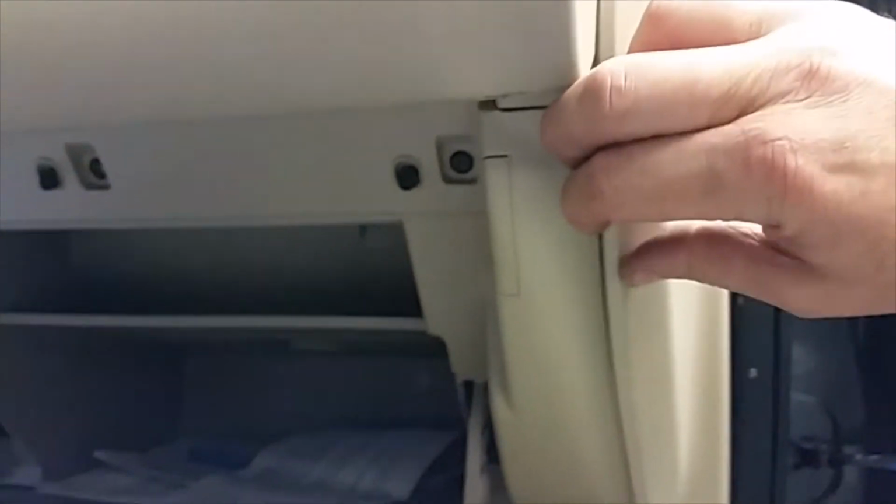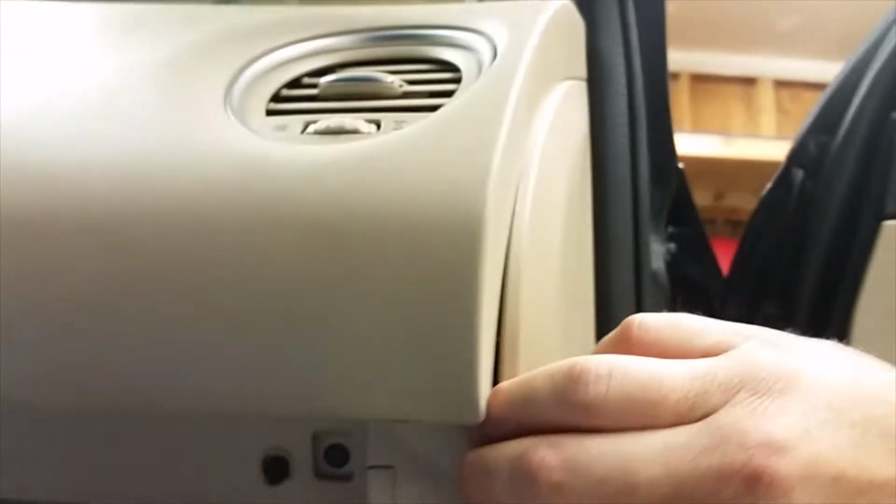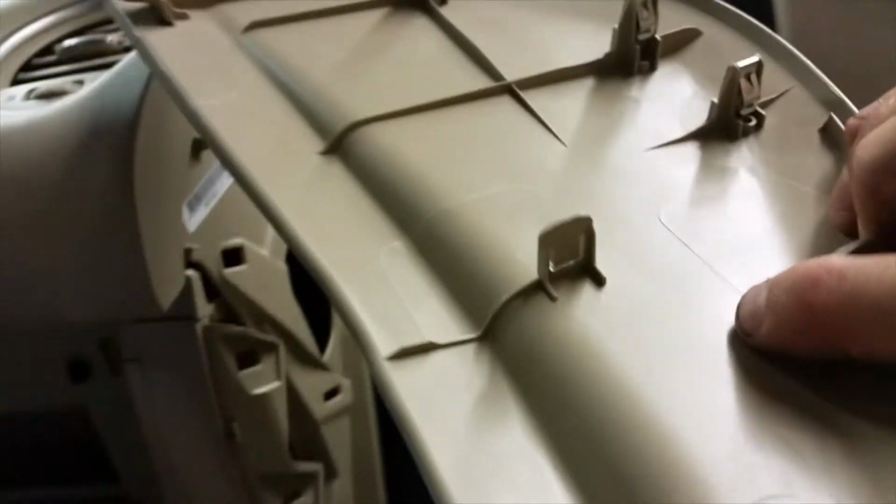Basically, you can start out with a trim tool. I can just stick it in here like this. But if you don't have one, just go like that, and that comes out. I've done this several times, so it seems to be okay. And now, to release the glove box after you pull those 8 screws out, all you do,